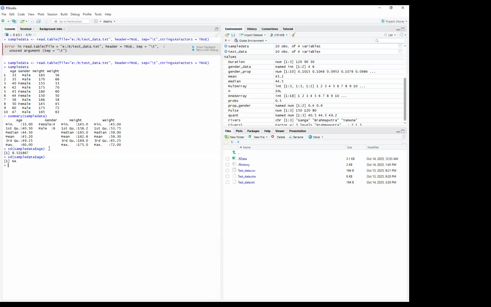So similarly, I can find the other things also. Okay, I want to find the standard deviation of, say, what to say, maximum weight. I want to find maximum weight. So I'll write max, sample data, dollar, I'll write what? Weight. W is capital because my header